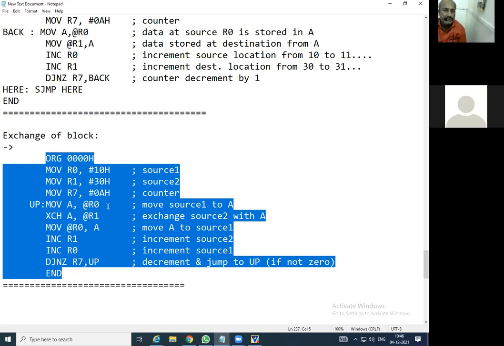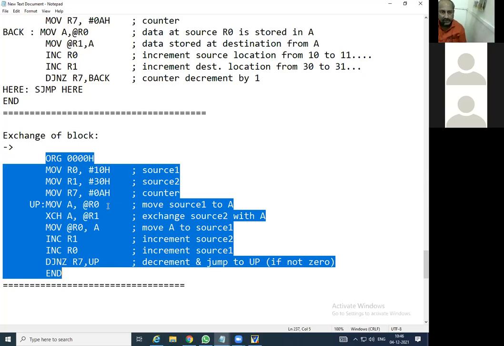So first is the start of this particular coding. The second statement is move R0, #10. What does it mean? Two sources we will have now in this case, because earlier there was one source and one destination, but here now two sources. कारण हा पहिला सुद्धा सोर्स म्हणून वापरला जाणार आहे आणि दुसरा सुद्धा, कारण दोघं एकमेकांना ट्रान्सफर करणार आहेत.